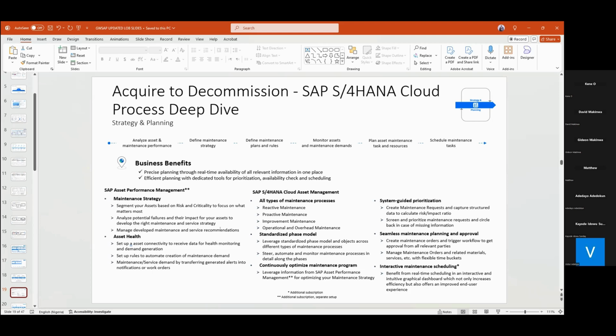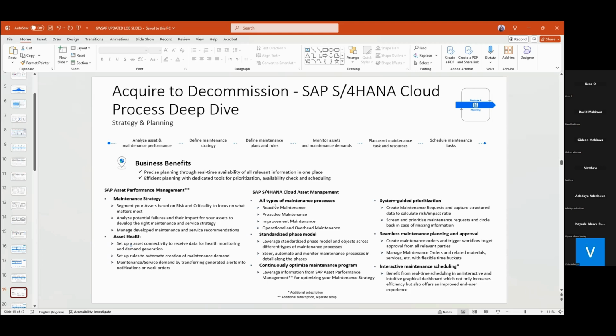On the plant maintenance too, we also have where we generate alerts. We generate notifications for the asset maintenance, or for the equipment, or for the functional location we want to work on. And these alerts can actually be converted into work orders, into purchase requests, to invoices, and the process continues all the way down.